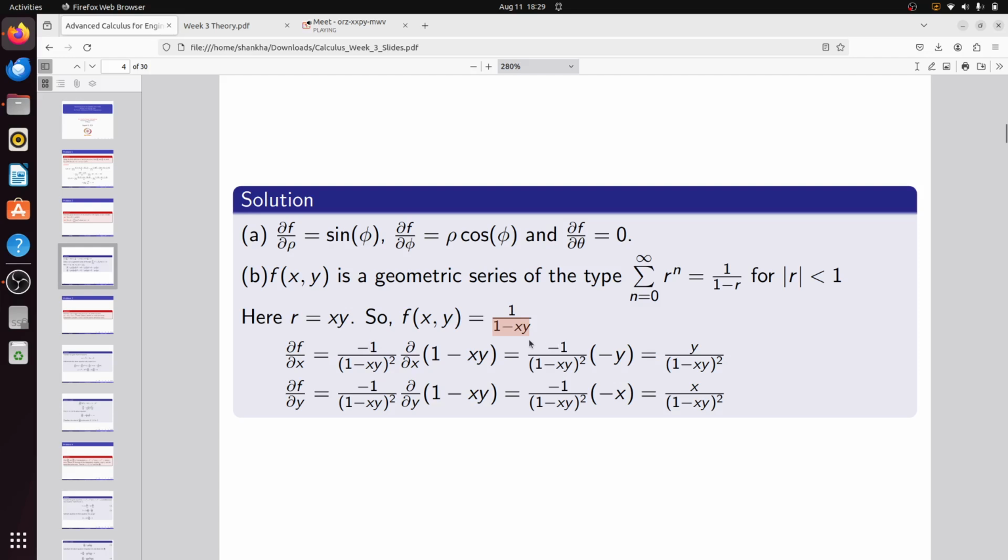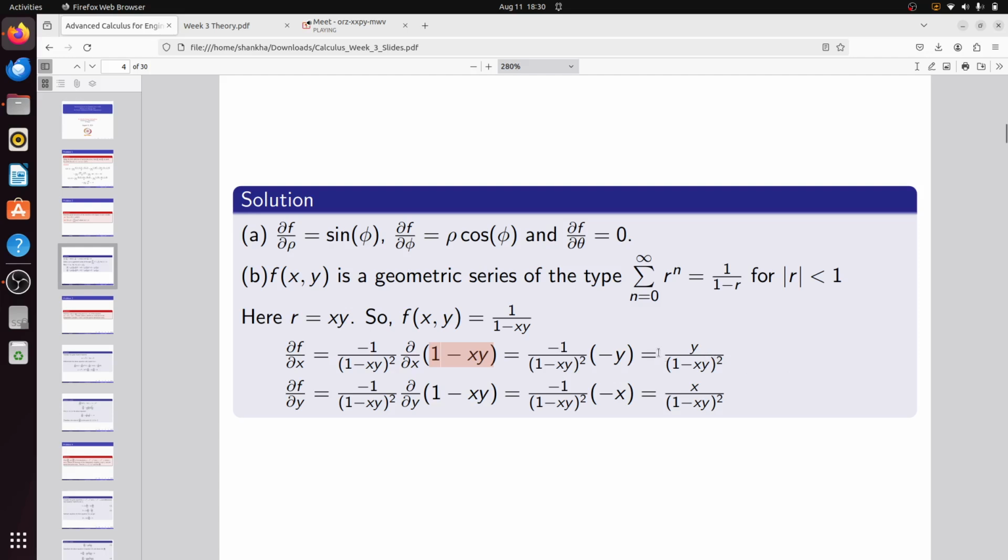Similar thing here also. So you think of 1 minus xy as x only, okay? So what will be the answer? Minus 1 by (1 minus xy) whole square. Now you need to take the partial derivative of this 1 minus xy term, because you have a function of x, not the exact x. The partial derivative of 1 will be 0, and of minus xy will be minus y. So if you multiply, minus 1 into minus y is y by (1 minus xy) whole square.